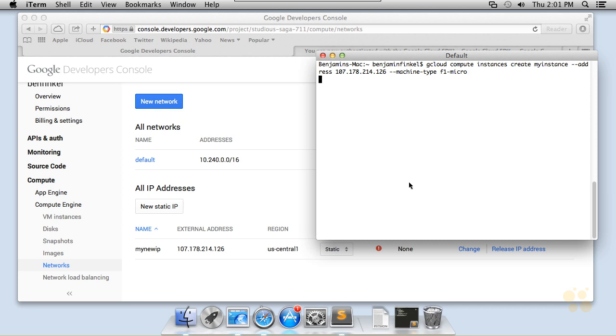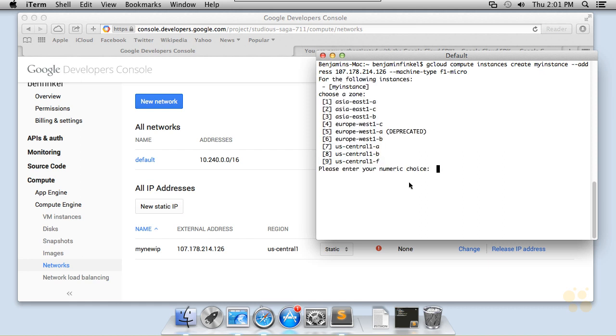Hit enter, and after a moment, it's going to ask me what zone I want to create this instance in. Now, this is really important. Notice that the region of the IP address that I'm using is US-Central 1. So I've got to use one of these three US-Central 1 zones. Any of those zones that are inside that US-Central 1 region are valid, but if I want to use that IP address, and I do, I've got to pick one of those. So I'm just going to go ahead and pick US-Central 1A